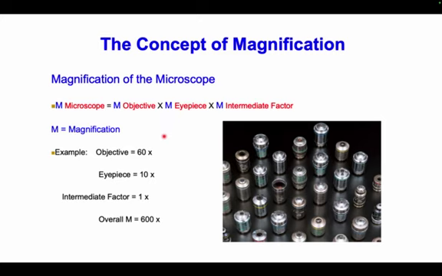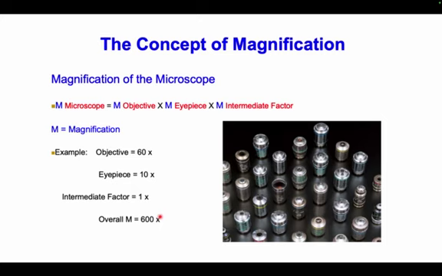Okay. So for example, if we have an objective which is 60x, the final image that we see is not going to be magnified 60 times, because it's also passing through the eyepiece, which is providing an extra 10x. So the overall magnification of this will be 60 times 10, or 600x. Okay. So this you have to keep in mind when you're reporting the magnification of anything you look at through